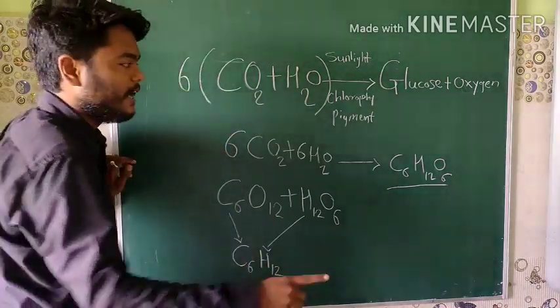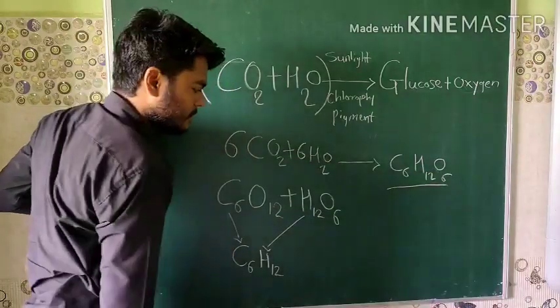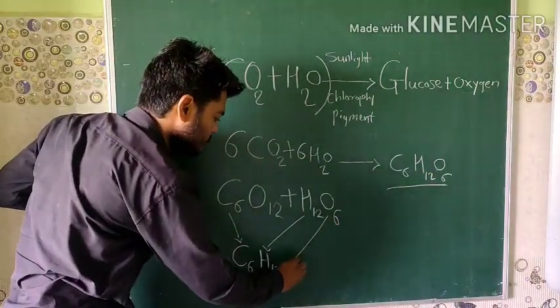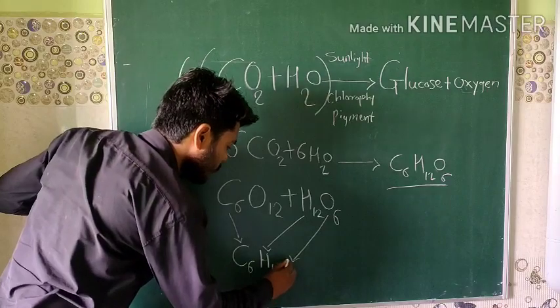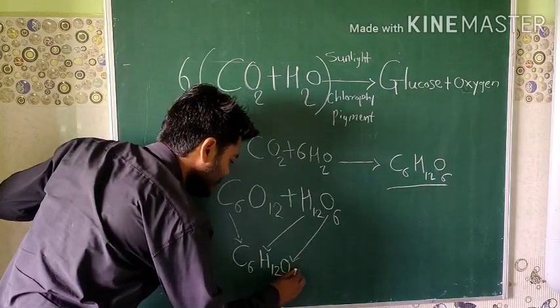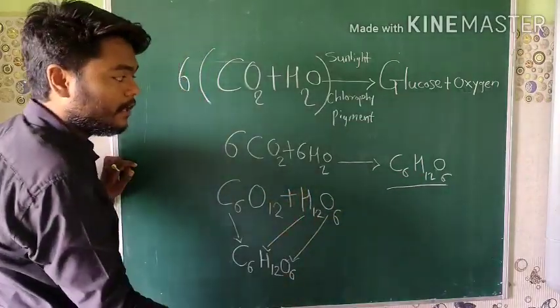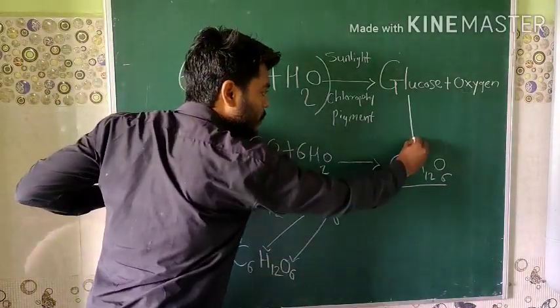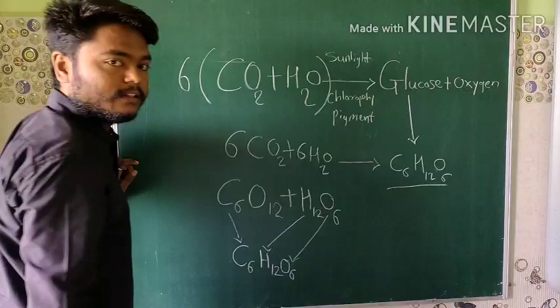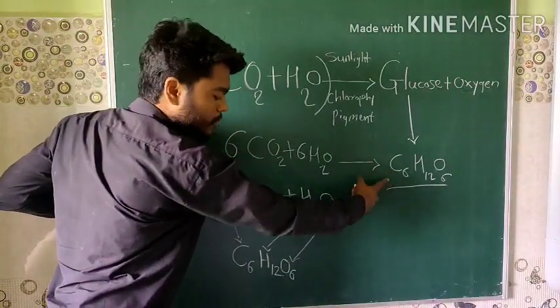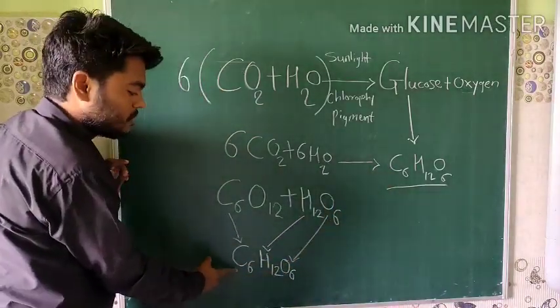Then what is the next one? O6, this one, O6. Now we get the glucose. This is the glucose equation. So now we got the glucose,